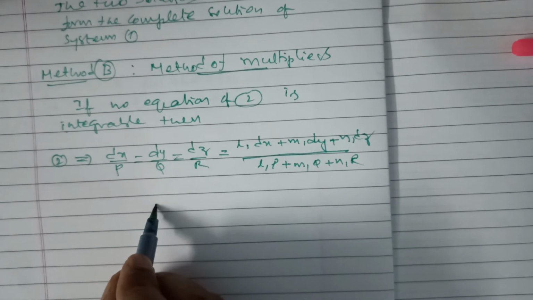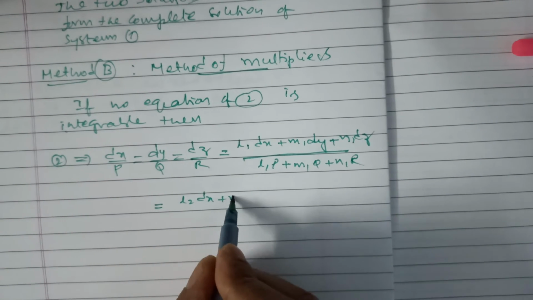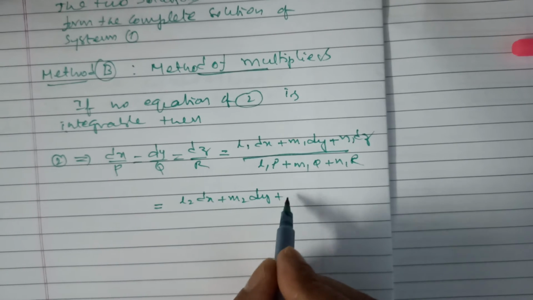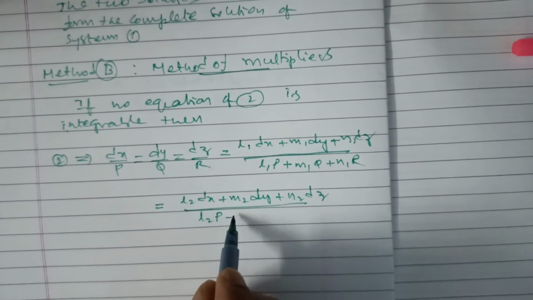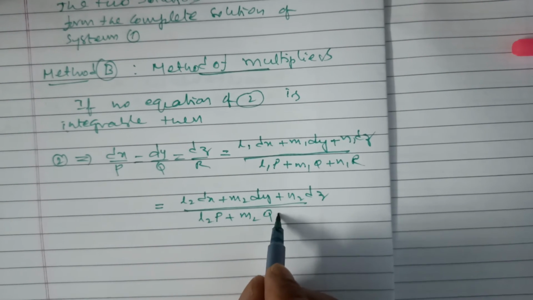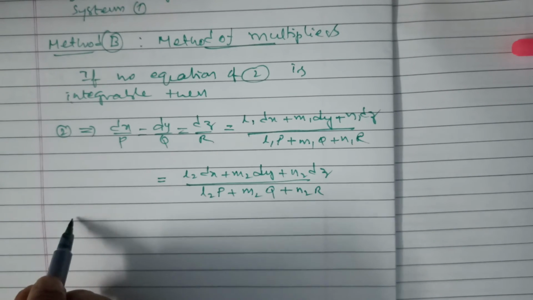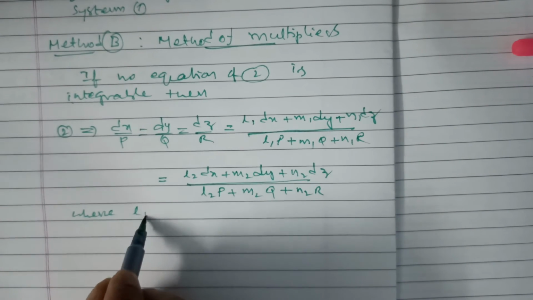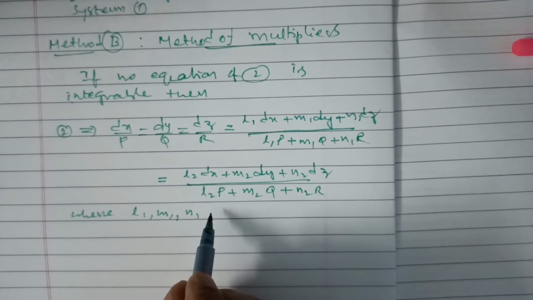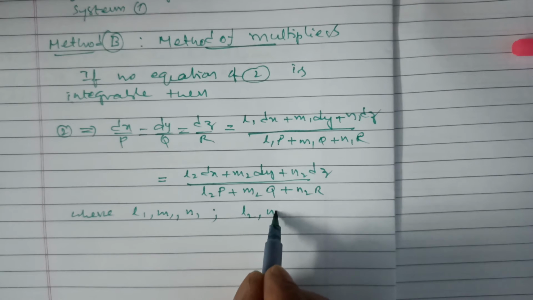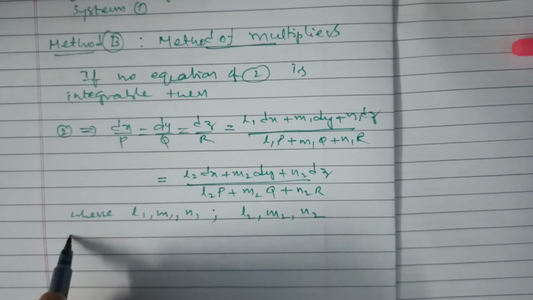And this is also equal to (L2 dx + M2 dy + N2 dz) divided by (L2 p + M2 q + N2 r), where L1, M1, N1, L2, M2, N2 are